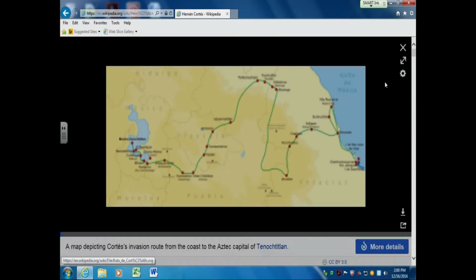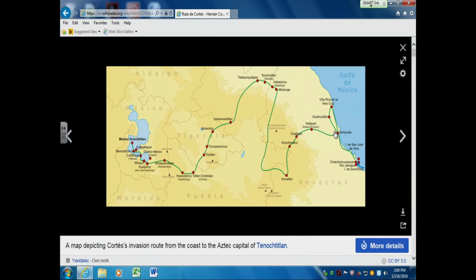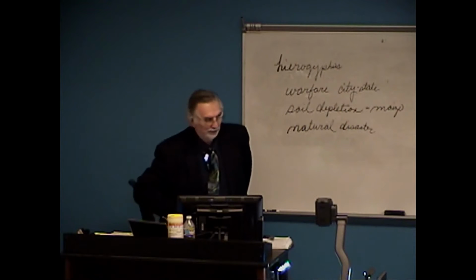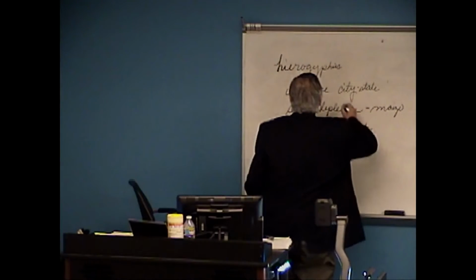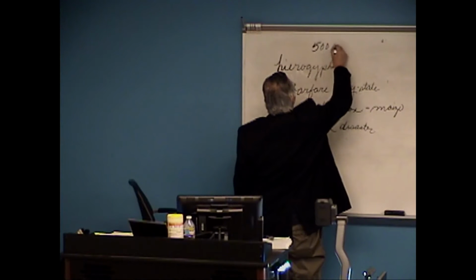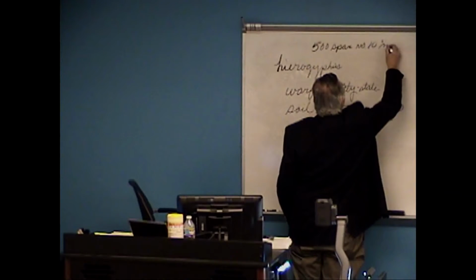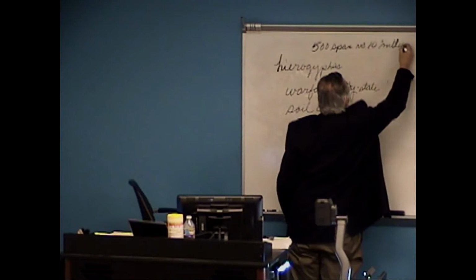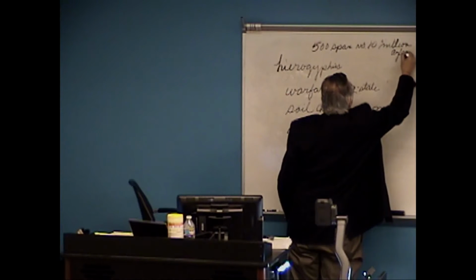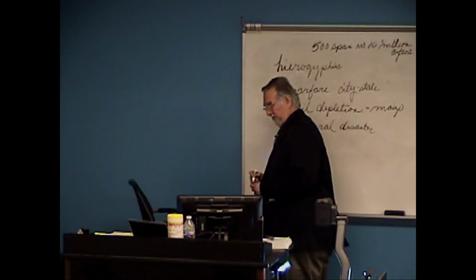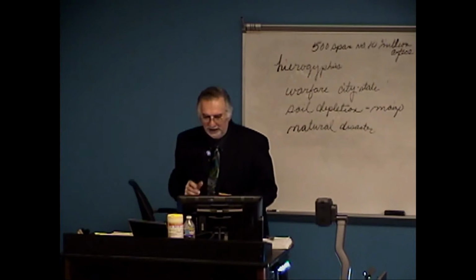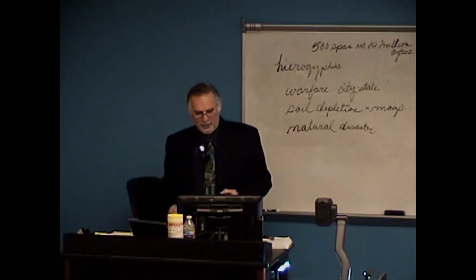He landed on the coast of Mexico here in 1519, and this is how audacious this guy is. He then ordered his ships burned so that none of his band of 500 men could desert. They had to stick with him to the end. So here you go. You got 500 Spaniards versus 10 million Aztecs. Now you're going to say, there's no way in the world that Cortez is going to be able to defeat this 10 million person empire.